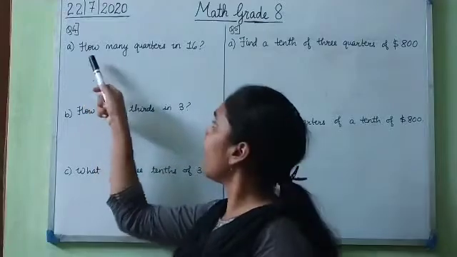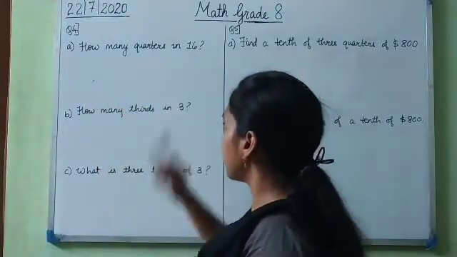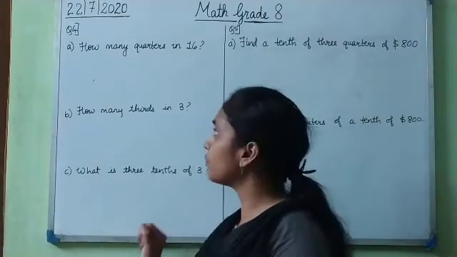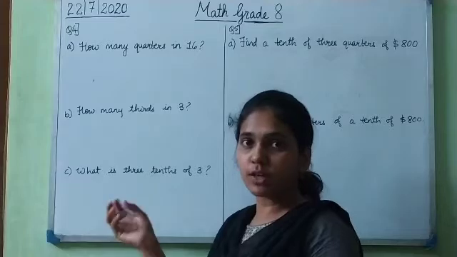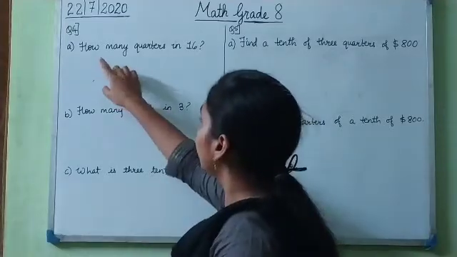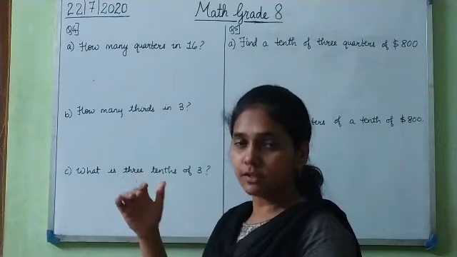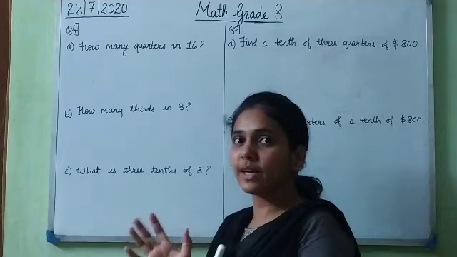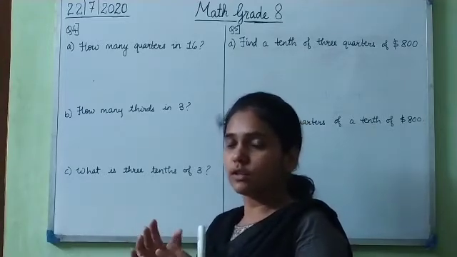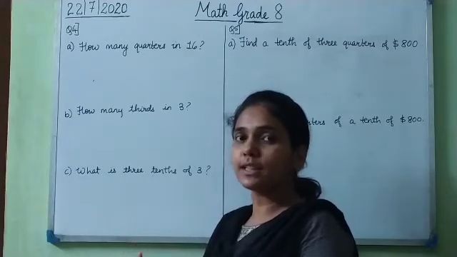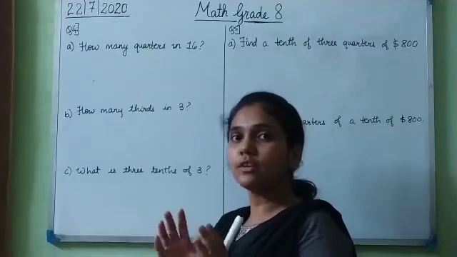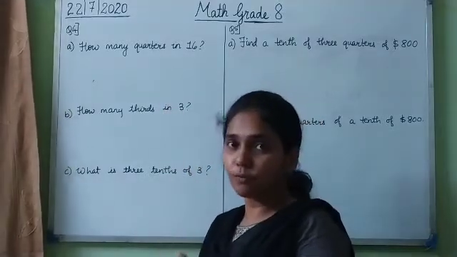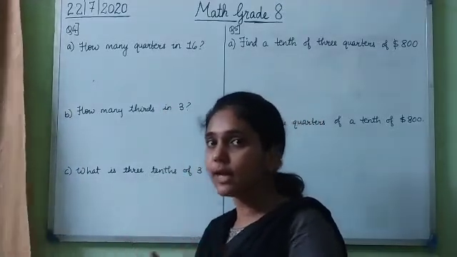The fourth question, first part is how many quarters in 16. So here these are the sentences which are given to you, and you have to convert them into numbers first and then solve. Okay. So we have seen what is 1/10, right? We know what is 1/10, 2/10 or 2/3. Okay, 2/3 means 2 by 3. 1/10 means 1 by 10. And 2/10 means 2 by 10. Okay. And a quarter means 1 by 4.